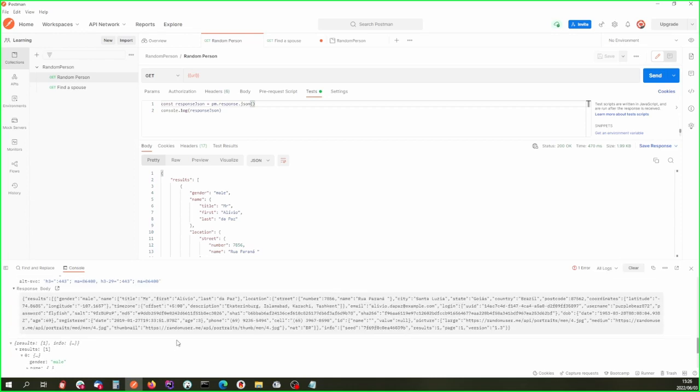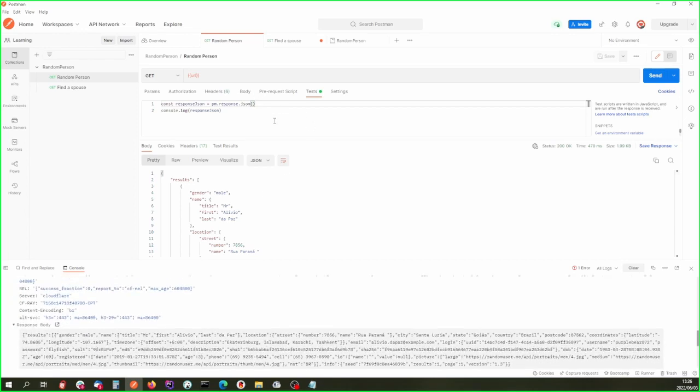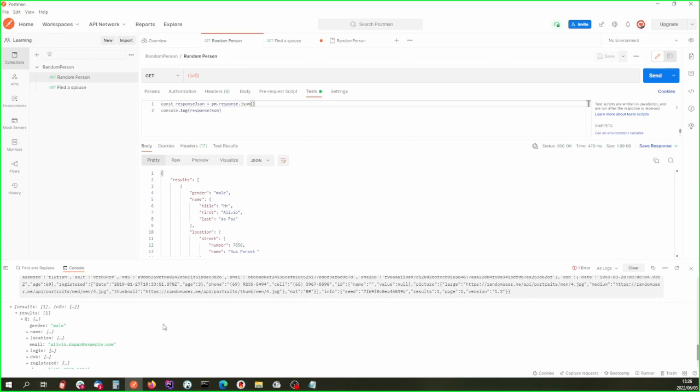Okay. So what it means is that we can start using all this information to our benefit. And forgive me if I get this wrong, because it sometimes is hard to get it. Sorry, I've got notes on the side, just so that you understand. All right. So let's see if I can get this right. If I'm looking at this here, it's got results and then a 0. So I think if I was to do this, and then do gender, and run it again,